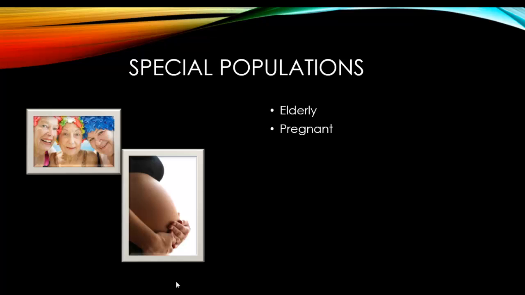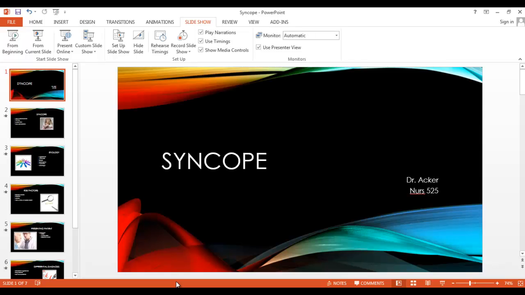And when looking at a pregnant woman, especially in the third trimester, it's not uncommon for them to have a syncopal episode due to the aorta being compressed by the enlarged uterus in the supine position. So you never want your pregnant woman to lay flat on her back with nothing under her knees because the uterus actually does compress that aorta and obviously will decrease the blood flow and oxygen level, and then they'll have a syncope. So this is the patient that we quote bump. We put a little roll under their left side, or we have pillows under their legs. So this was really just a quick